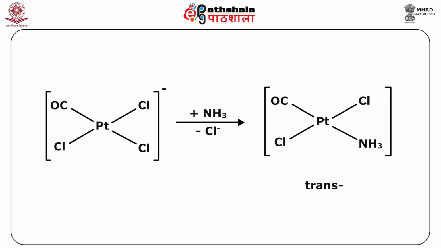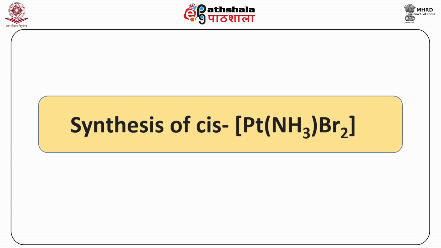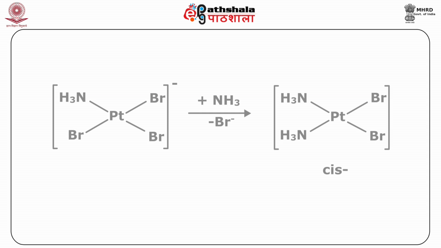Now let us react this polarized complex with ammonia molecule, and what will be formed? There are platinum, CO, Cl, Cl, Cl. So the Cl that is trans to the carbonyl group will be dissociated and the trans product will be achieved. So it is forming trans Pt(Cl2)(CO)(NH3). Next, if we discuss cis Pt(NH3)2Br2. In this case, the bromide ion has greater trans directing power than that of the ammonia. So what will be formed?